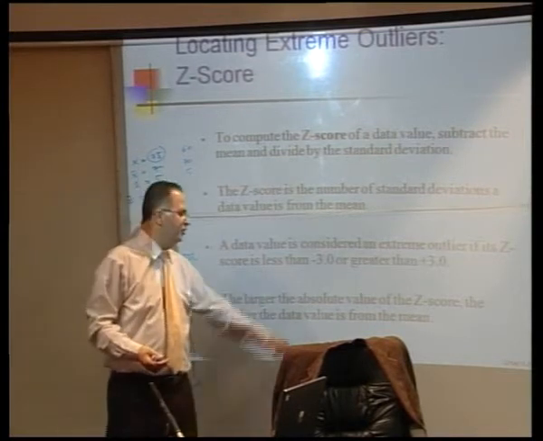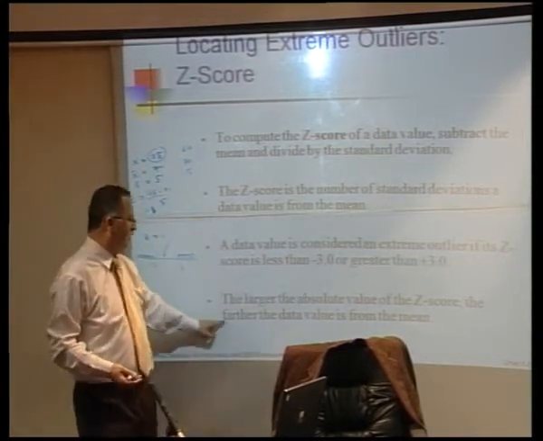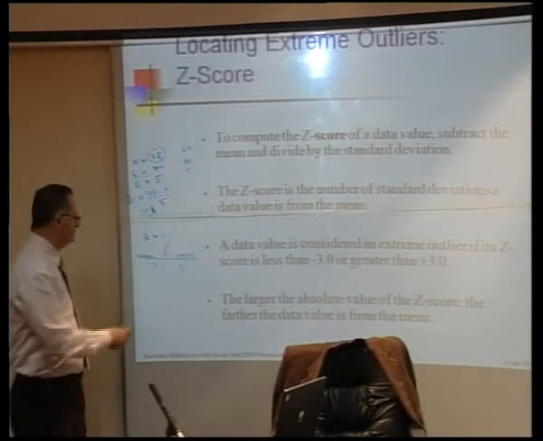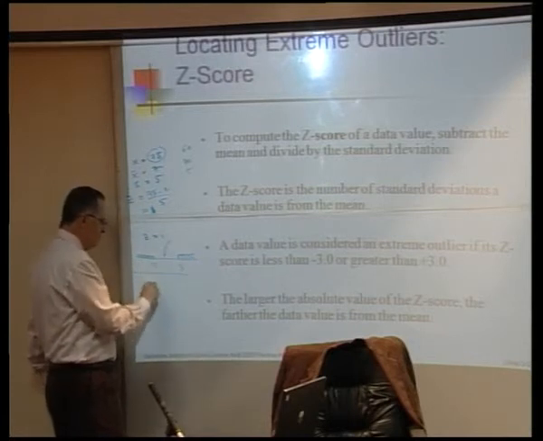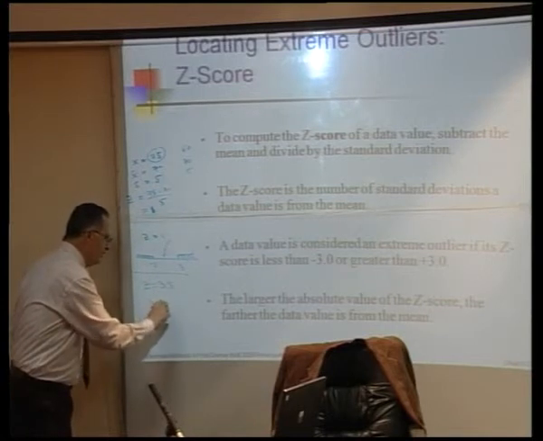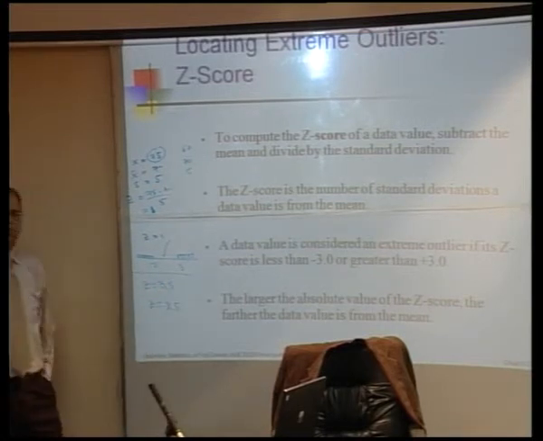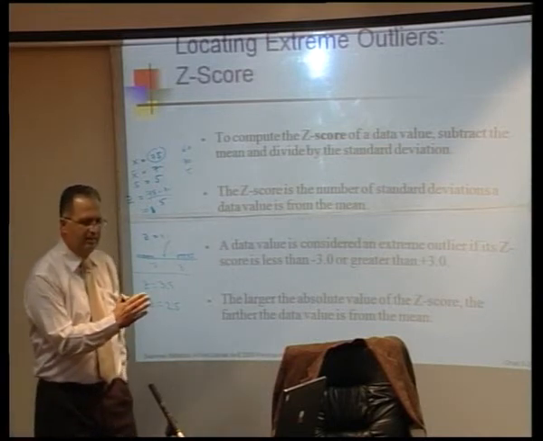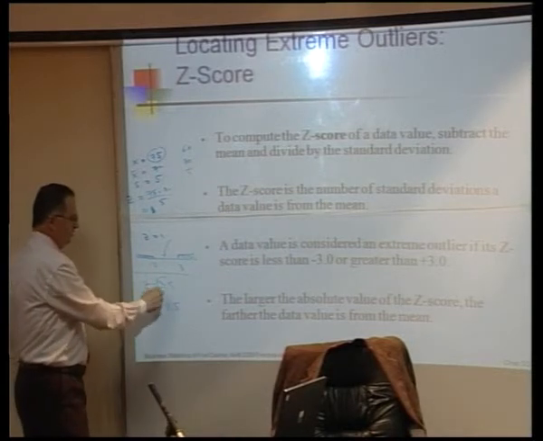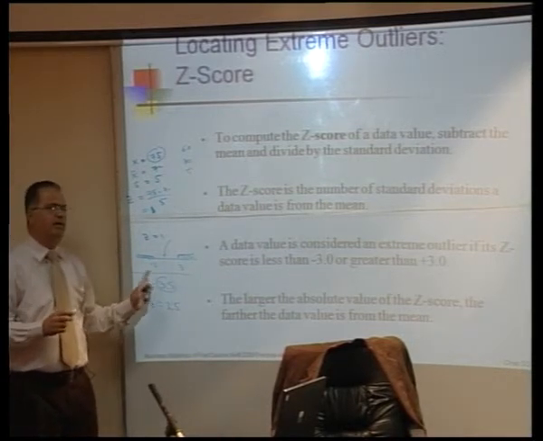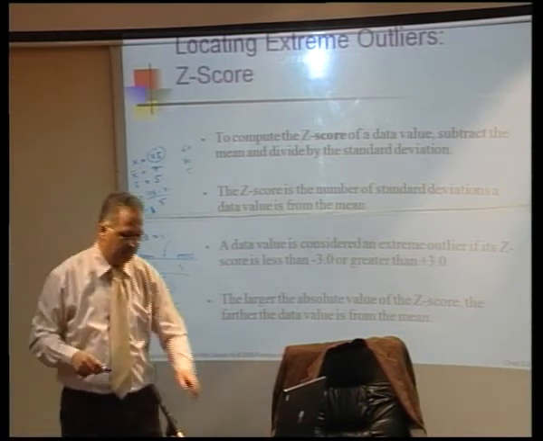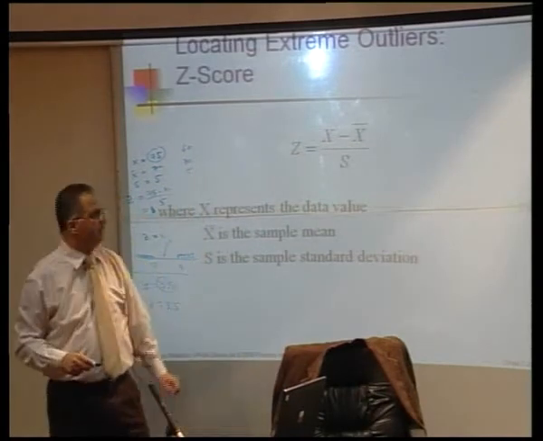The larger the absolute value of the z-score, the farther the data value is from the mean. That means, suppose you have a z-score of 3.5 and another one is 2.5. Which one has the data value farther from the mean? 3.5. So this one is the data value farther from the mean. So again, z-score